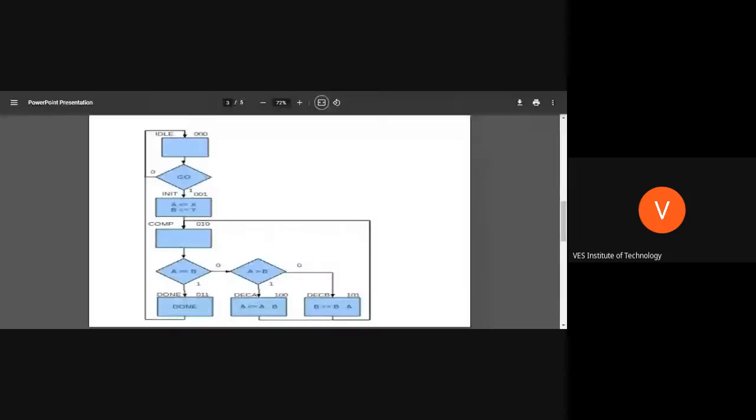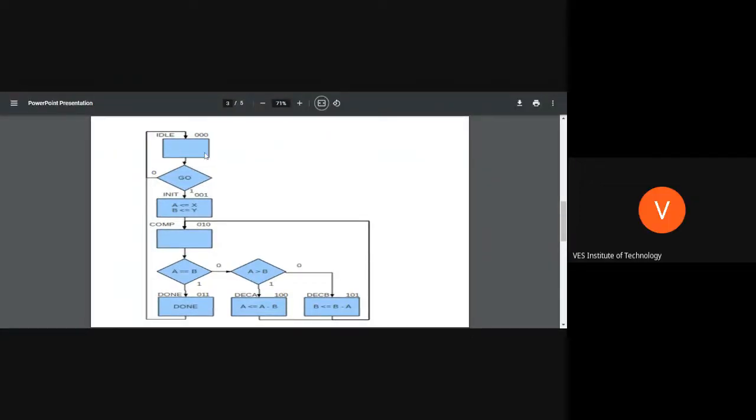Done. So if the screen is not visible. Madam, you are not presenting anything. Nothing is visible actually. Now? Okay. Wait. It will come now, see. Now is it visible? Yes. Yes, sir, yes.